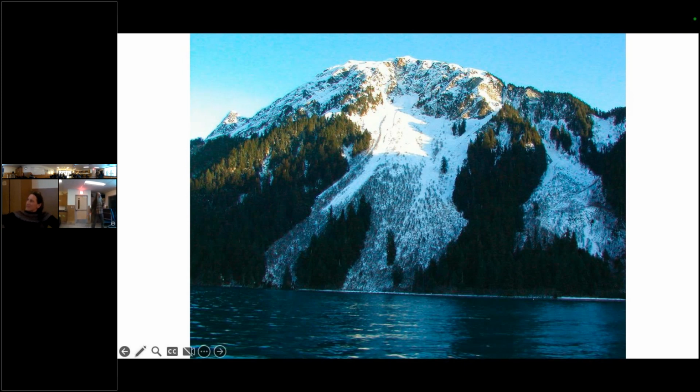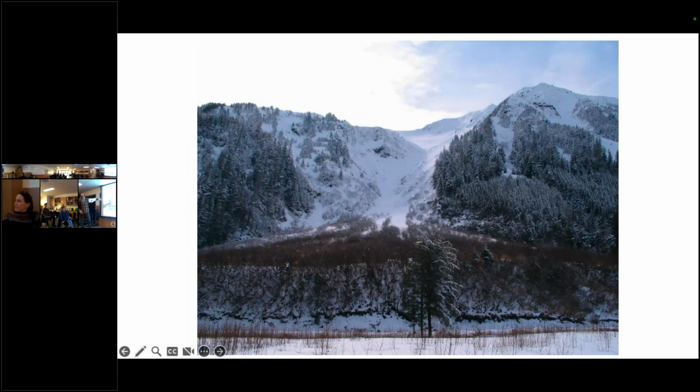The one thing with this is it doesn't have a big start zone. Kind of like the 5 mile one. And also the orientation, our storms typically come in from the east, the wind's blowing west. So it'd be loading more this way than right here. Kind of gets cross-loaded. The other thing with that is paths do make it to the water. So if you're in a boat, you might think about that. Get big wave happening from that.